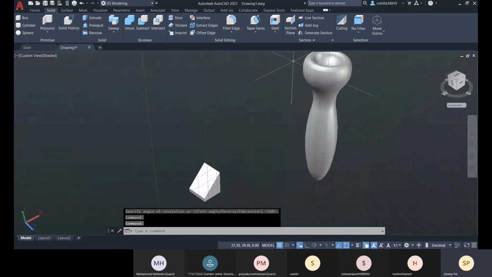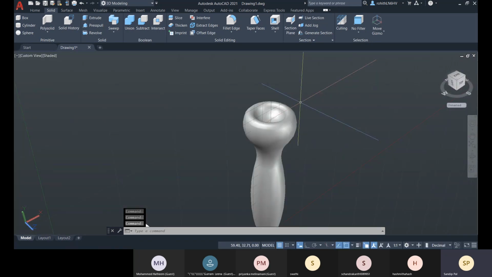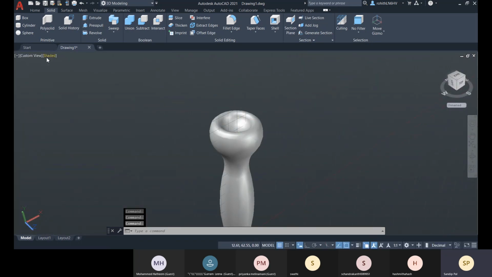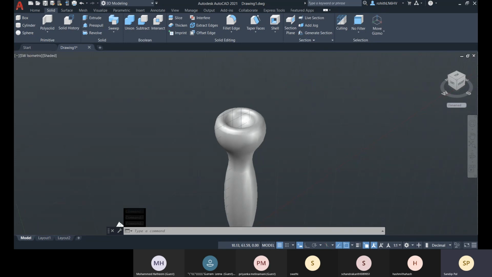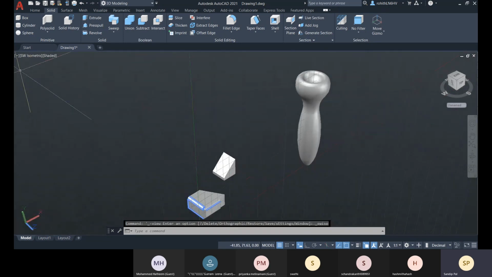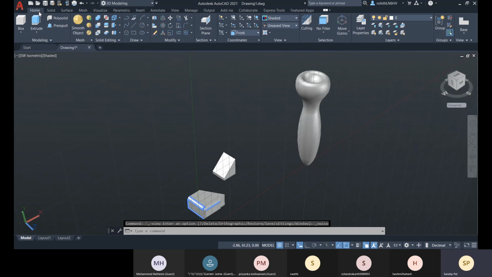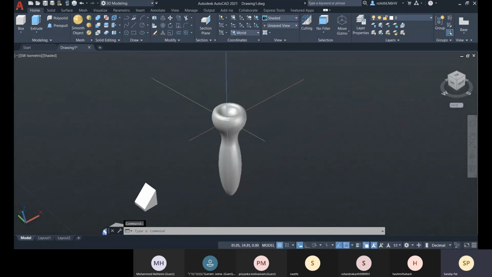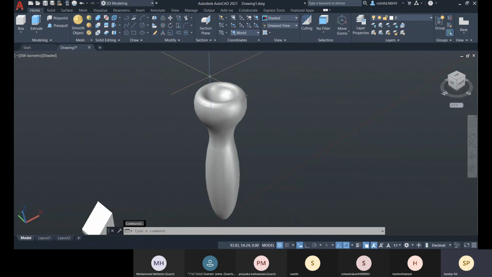Now you see that there is no cavity, right? So we can create one. Let me come to this SW isometric here, and here let me change it to world. Now about this one, we can go for the shell option.